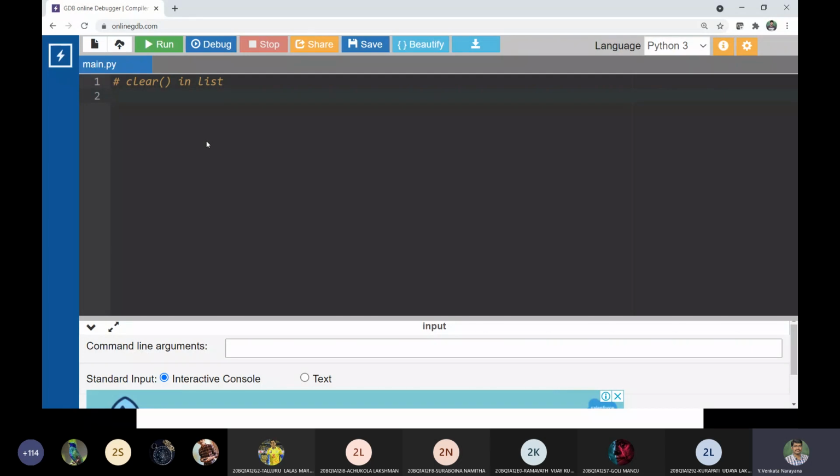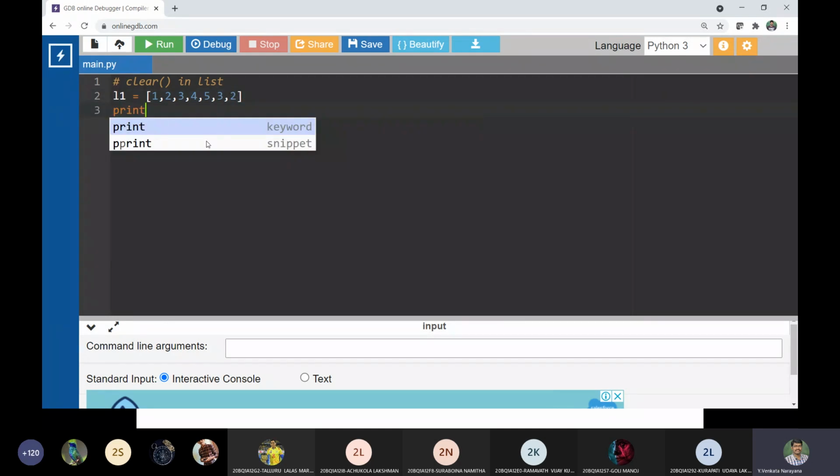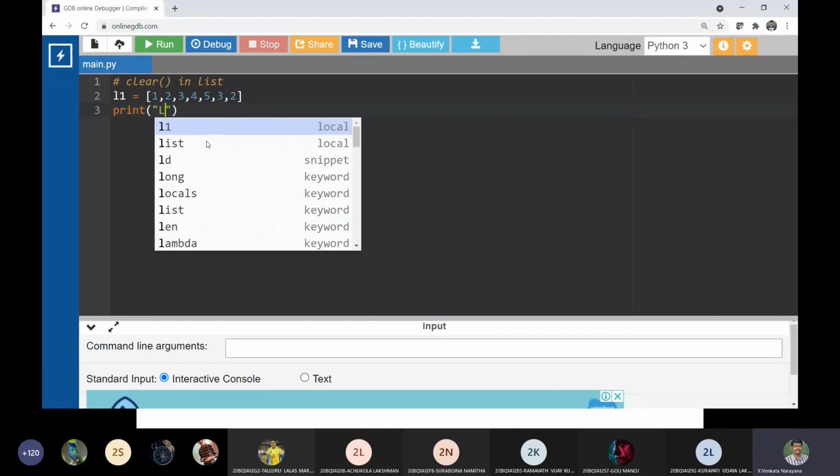Firstly, we need a list, right? Let us suppose L1 be the list name, and the elements are 1, 2, 3, 4, 5, 3, and 2. Let it be the list elements. I'm going to print the list elements initially, L1 data.